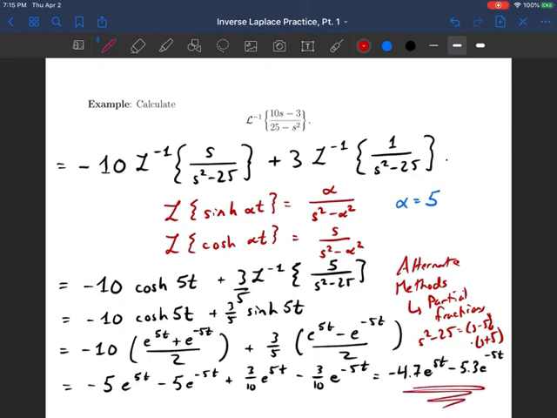All right, so you could do partial fraction decomposition. You would get something over s minus 5, something over s plus 5, and then you get exactly these exponentials that we're seeing here. So that's an alternate method. Try that out. Make sure that you get the same answer both ways, but I'm not going to do that here in this video. So these are